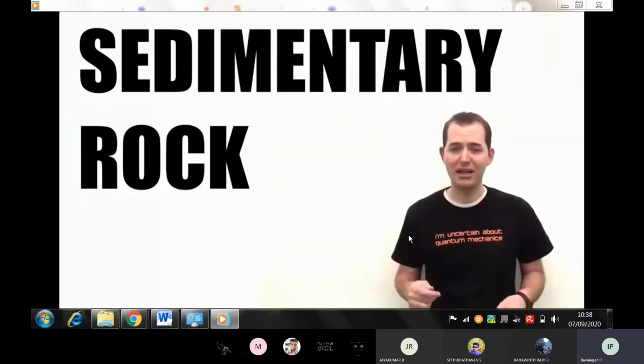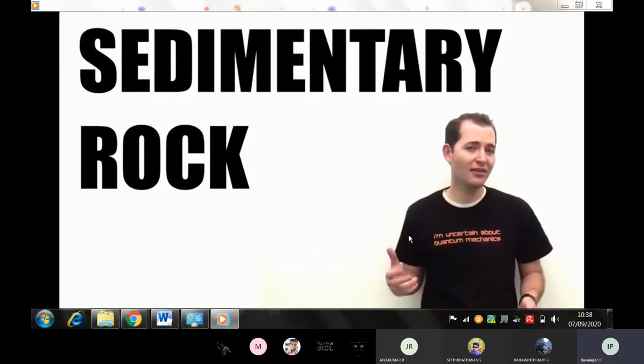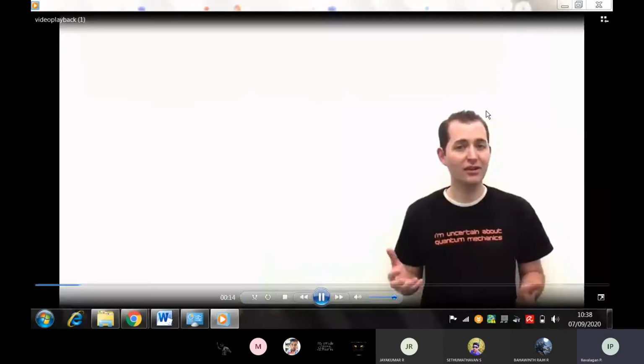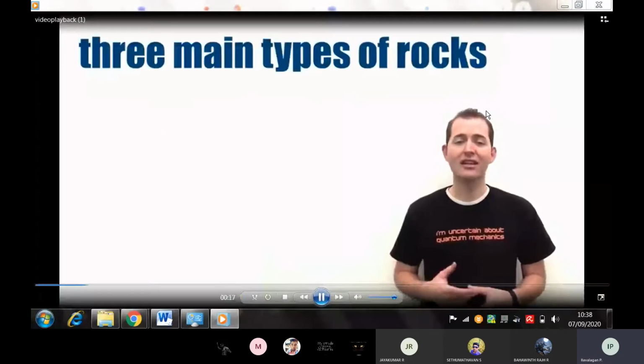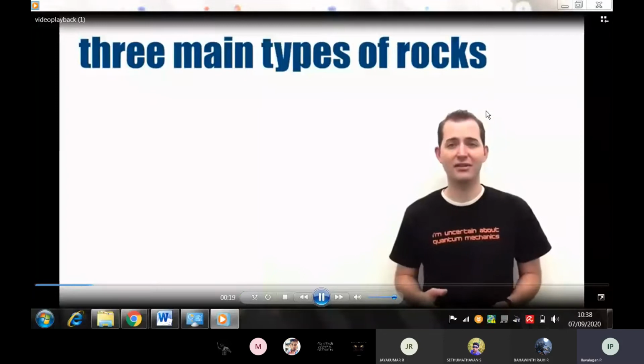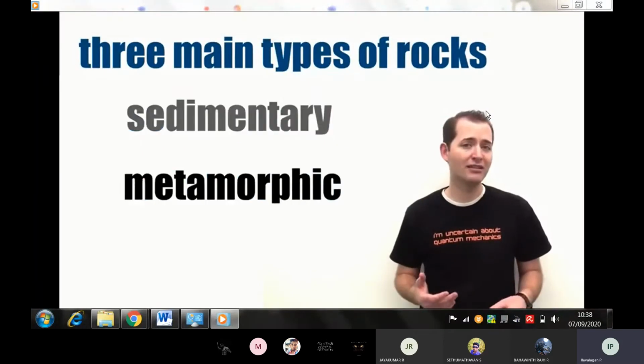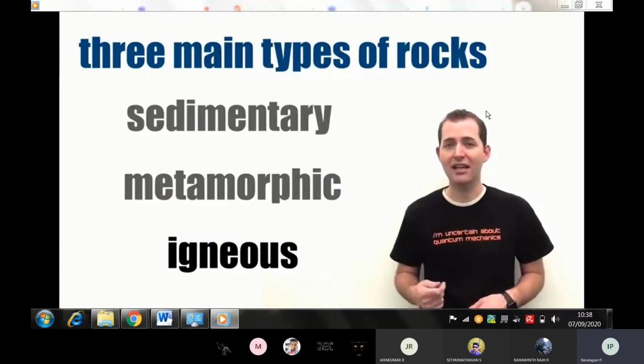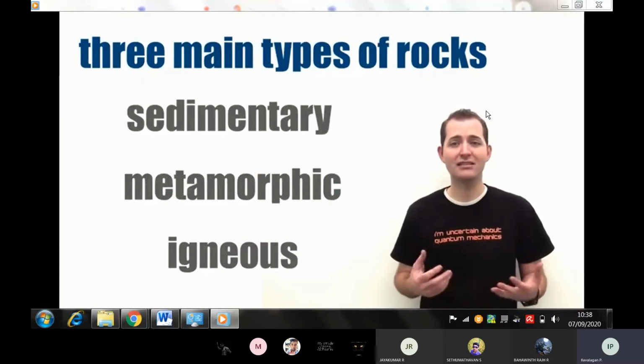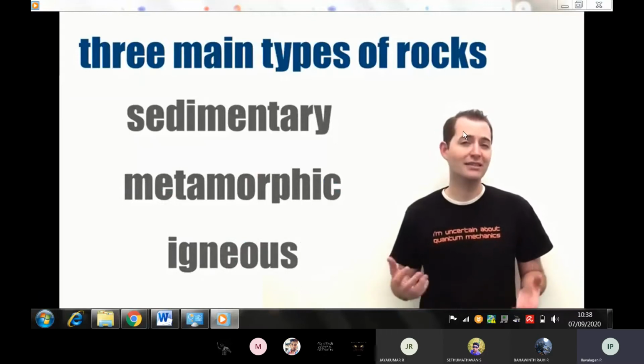What is a sedimentary rock, and what makes it unique when compared to other types of rocks? First off, we need to know what the other types of rocks are. There are three general classifications of rocks. First, sedimentary rocks. Second, metamorphic rocks. And third, igneous rocks. Each of these types of rocks has their own characteristics, their own ways that they're formed, and their own